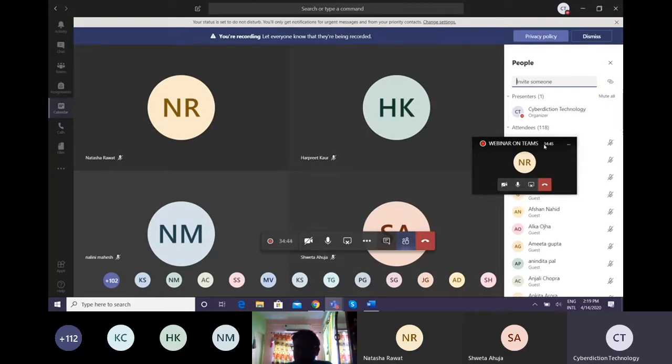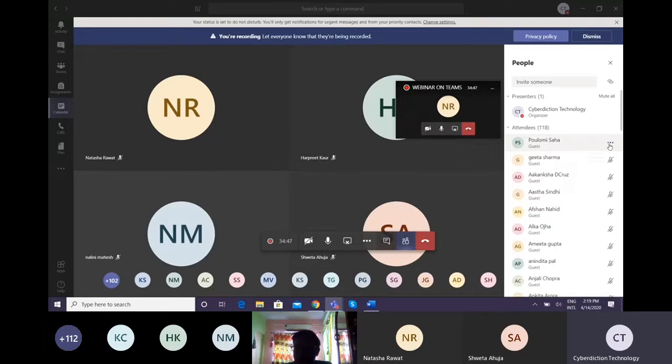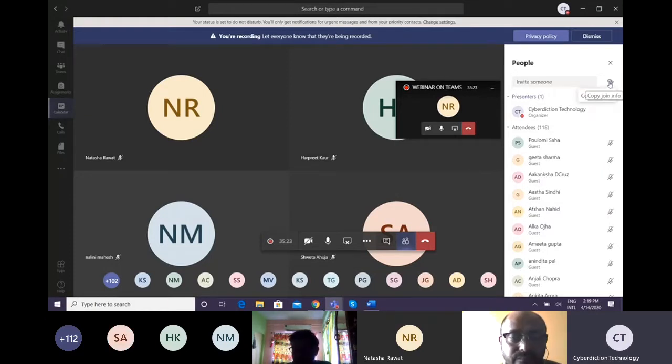Fine. In between, if any of the participants, if you want to give any control to them, like Shweta is there. If I just want to make her a presenter so that she can also present, I can just select this option. Okay, so these are the small features in the Microsoft Teams we are using, but still we are not aware of. That is why I'm going through and taking you through the full complete round of what exactly the team is. If you want to remove the participant, that also you can do, and then make a presenter.